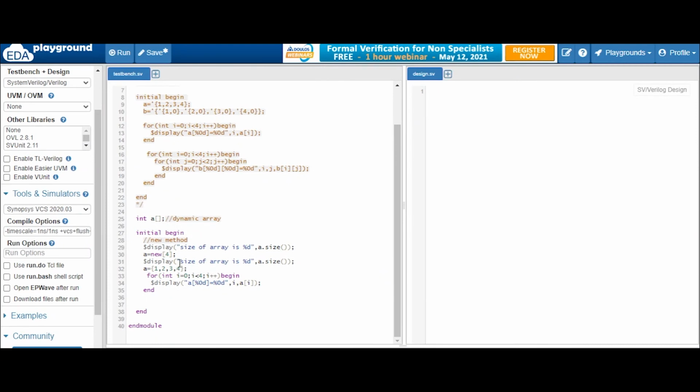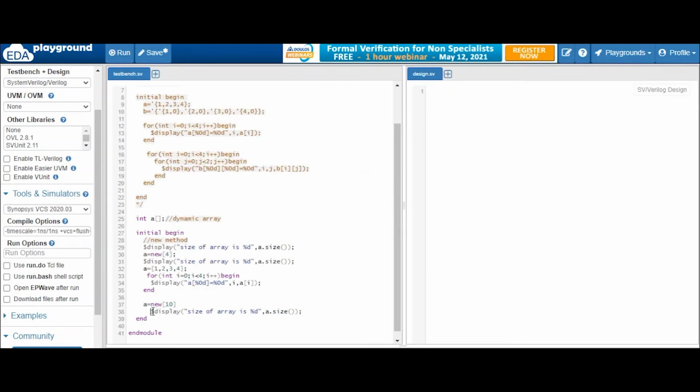Now there is one more thing which is present in the dynamic array: you can resize your array during your runtime. Now suppose I want the size of the array to be 10. I can change the size of the array.